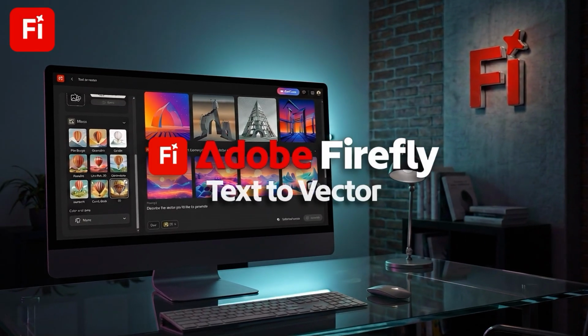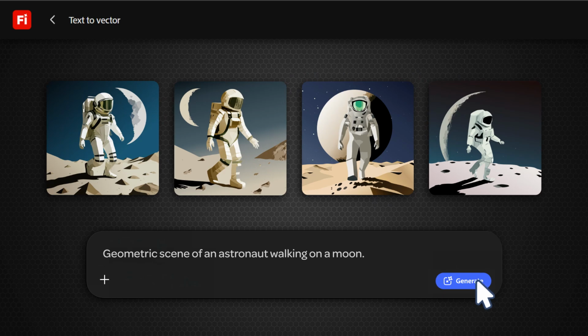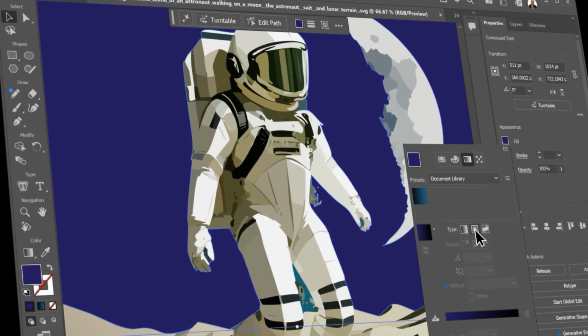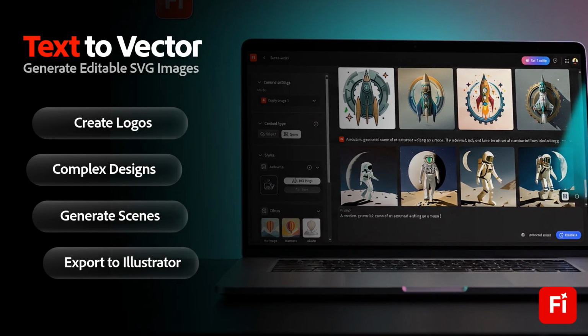With text to vector on Adobe Firefly, you can easily create scalable vector images by describing what you want, and even export them directly to Illustrator for editing. Whether you need to design a logo, complex graphic, or a complete scene, text to vector lets you create it